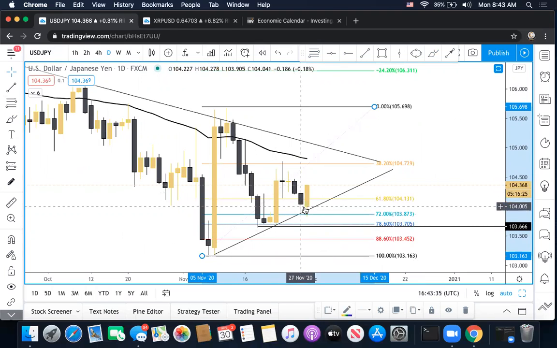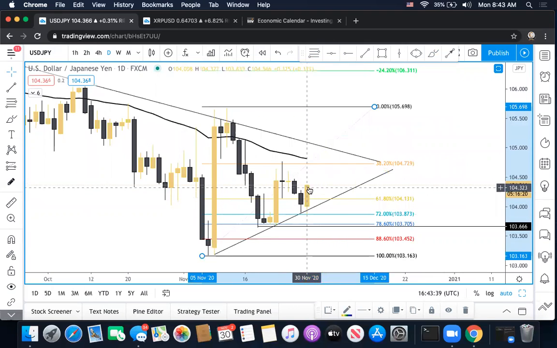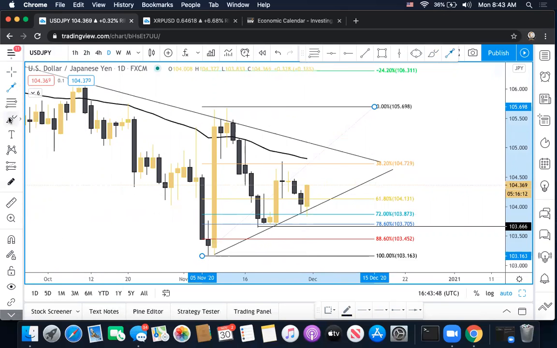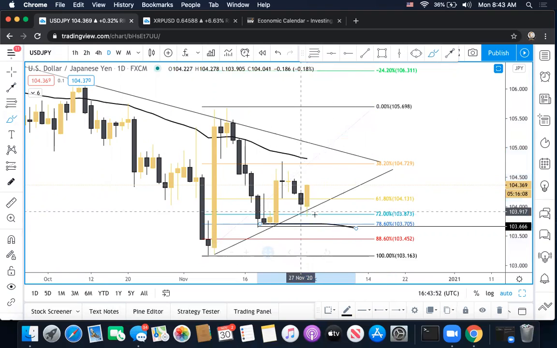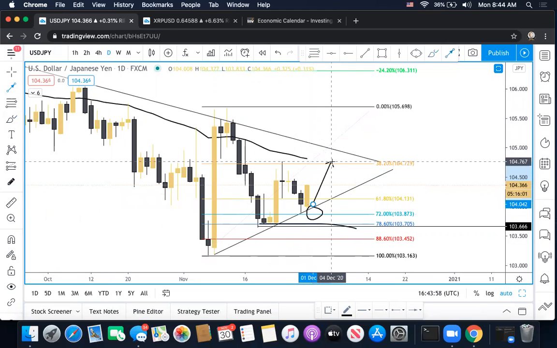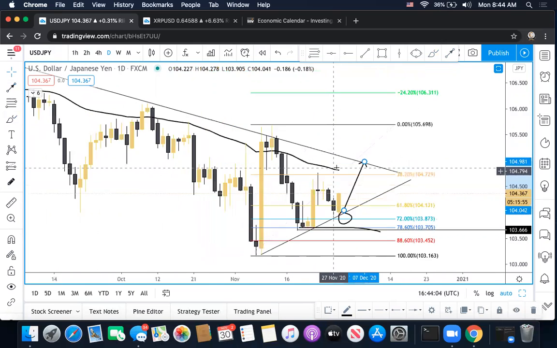Price pushes back down, hit the 72. Third hit to the trend line, and then now we're getting a bullish hammer type candle. But the candle hasn't closed yet, but it's looking like it may form a bullish hammer. And it's overall looking like, like I said, if we hold above that, and overall above the trend line, then more than likely we're going to see a push up and retest at 104.5 and possibly 105 up to the trend line.